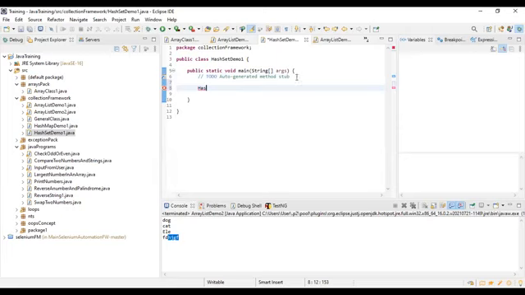unique elements. And now how to create an object? Hash set, same object creation wise. We did class object creation for array list, right? So same way we have to do it for our hash set as well. So we can say hash set, give some name equals to new hash set,